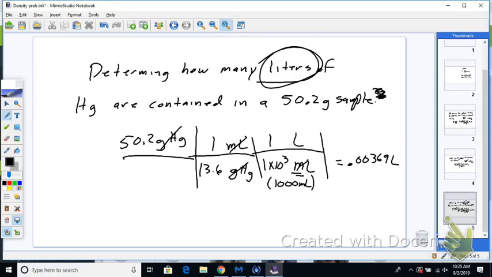Okay, so why would we want to have it in liters? I don't know. There's times when we have certain units we have to work with so we can compare. Yes, ma'am. So confused. Okay, what are you confused on? Okay, so I get like